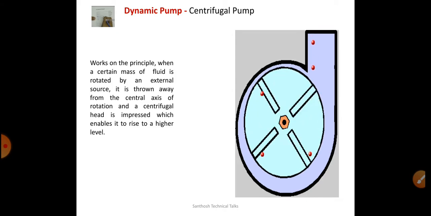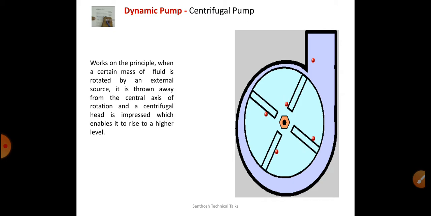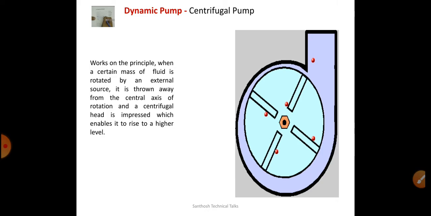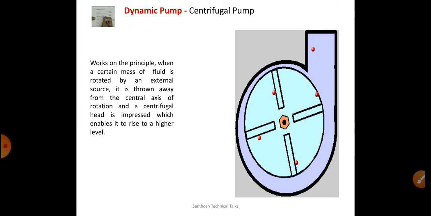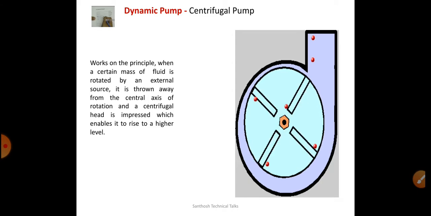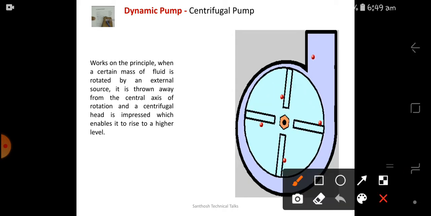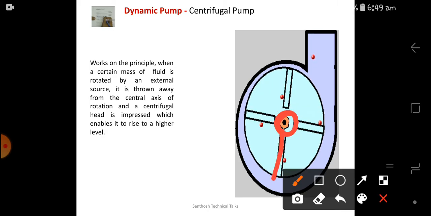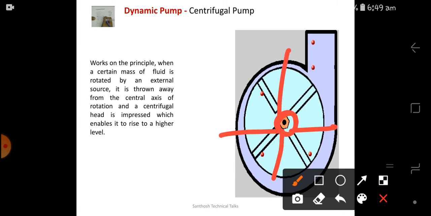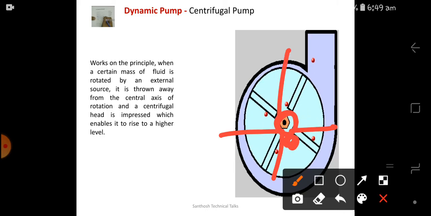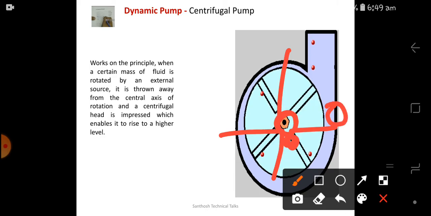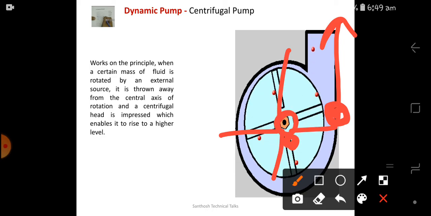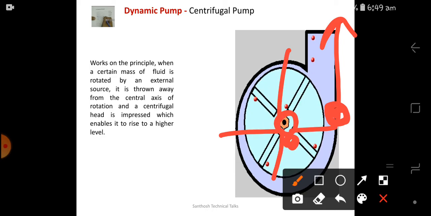Here we are using this centrifugal force to displace the volume of liquid that came into the center point to the outermost point. If you can see this diagram, the fluid particles come to the center, and we have a series of vanes here and there in all directions. If the particle comes here in continuous rotation, it will go up to here and be thrown outside. That is how the centrifugal pump works.